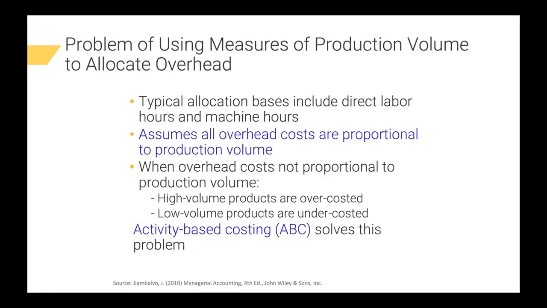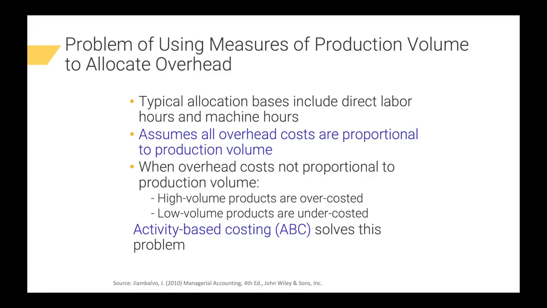Problem of using measures of production volume to allocate overhead. These are typically allocation bases including direct labor hours and machine hours. They assume all overhead costs are proportional to production volume. When overhead cost is not proportional to the production volume,